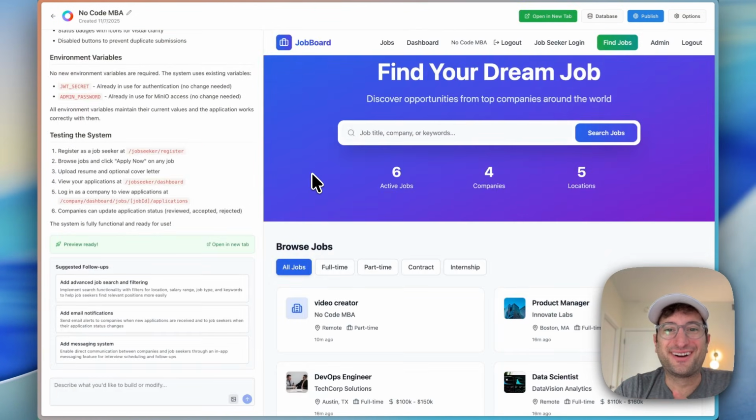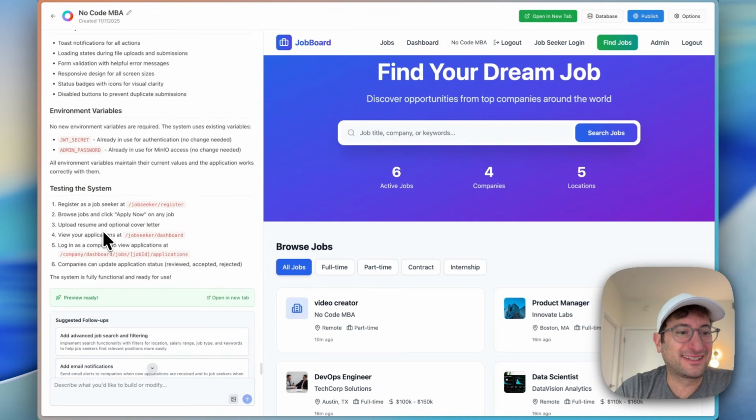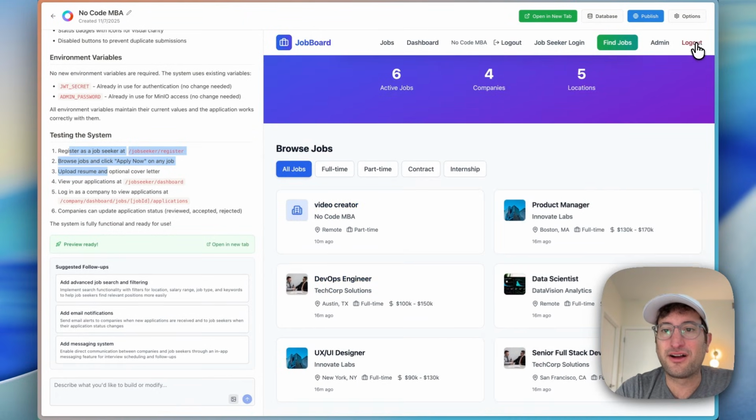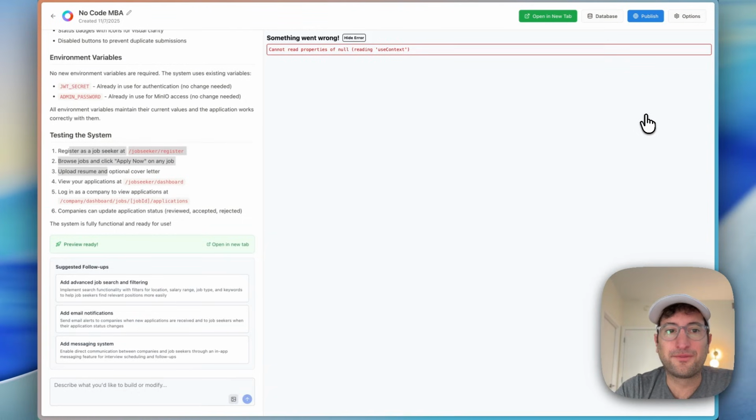All right, so here we are in the new version. So what we're going to do is test actually sending an application. And what I like about Solid here is that it's giving us step-by-step instructions of how to test things. So it says first register as a job seeker. So I'm curious what happens if I log out from this company account. If I go to a job and I click apply now,